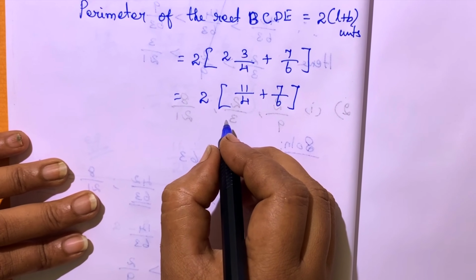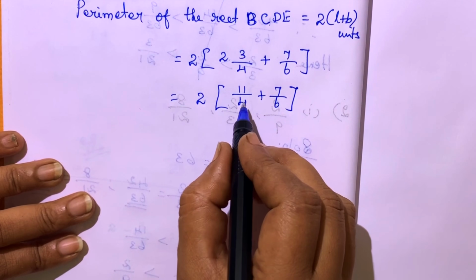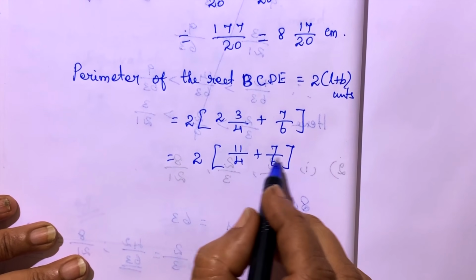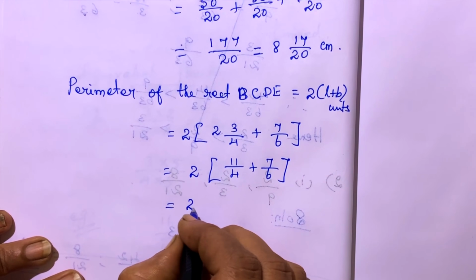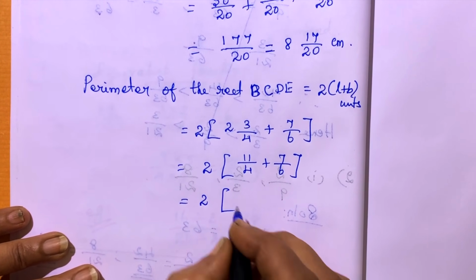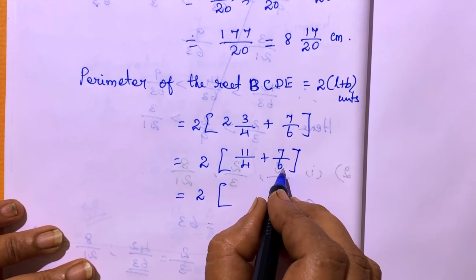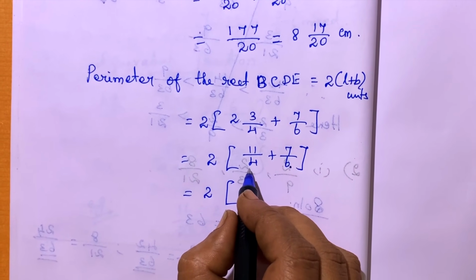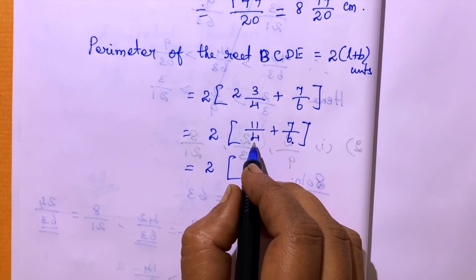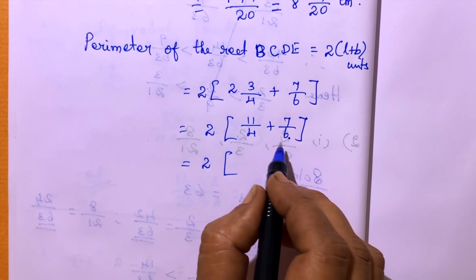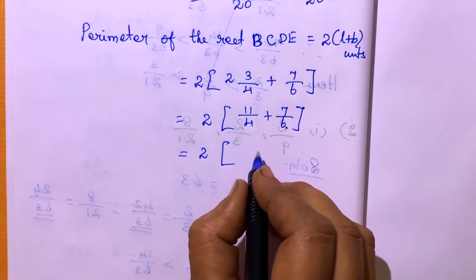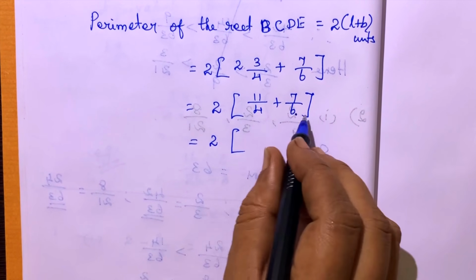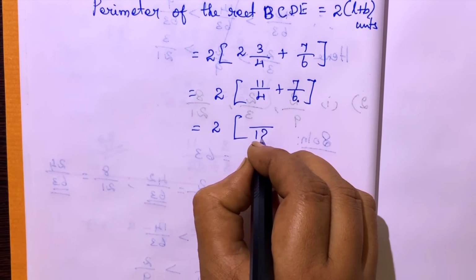Always I used to tell you, you have to do the inside of the bracket first, whatever you have to find out, the answer for that one first. So the 2 separately you will let it be. Then 6 and 4 you have, so you have to find out the LCM. So LCM, writing as 24. No, LCM is 12. So making 12.